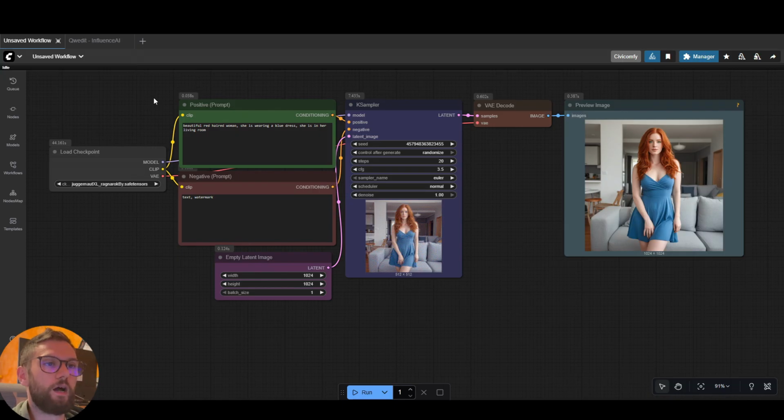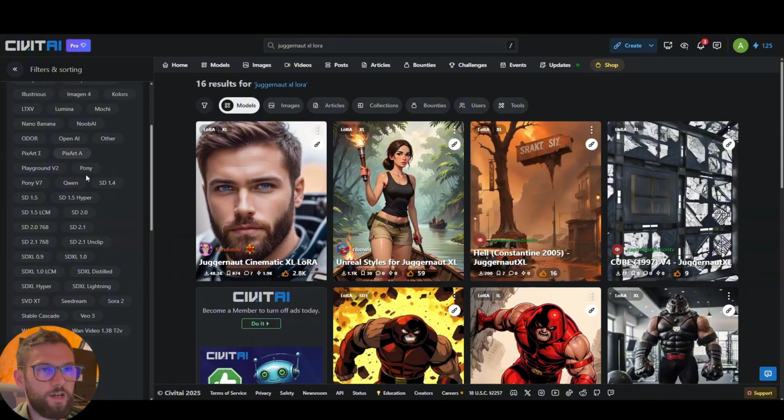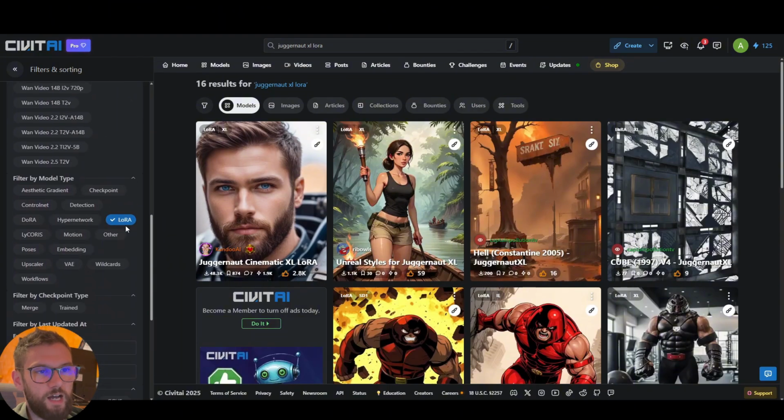Now, where can you download LoRAs? Of course, you can go on CivitAI. As you can see, if I type Juggernaut XL LoRAs, for example, I have these LoRAs and I can choose which one to download. If you are searching in the web version of CivitAI, you can also scroll down on the left side of the screen and filter by model type, so you search just for LoRAs, because sometimes, and it happens, the title says LoRA, but in reality it is a checkpoint,